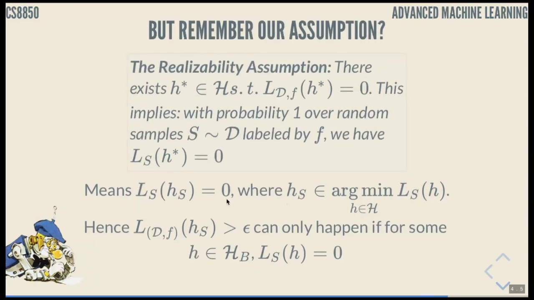But remember our assumption. The realizability assumption tells us that there exists a solution, there exists an H star within the hypothesis set that we consider that provides 0 true loss, that minimizes true loss to 0, and it implies that over samples, all of the samples in D labeled by F, we will have empirical loss equals 0, which means that once we find an HS, if we find, or the learner algorithm finds, a classifier from a training set S which minimizes empirical loss,